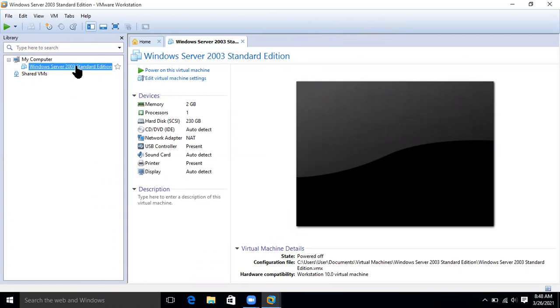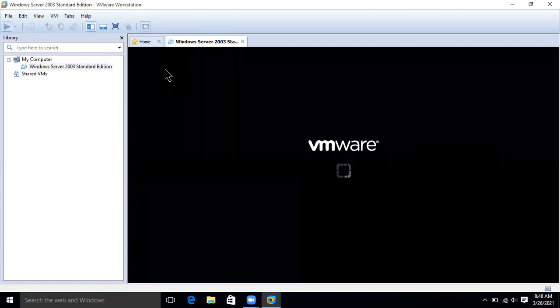Just click on this. It is already selected because there is only one server here. After selecting this server, you can click on power on this virtual machine. Double click on that.